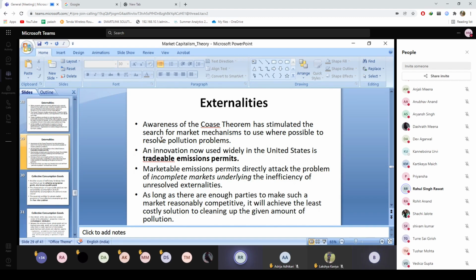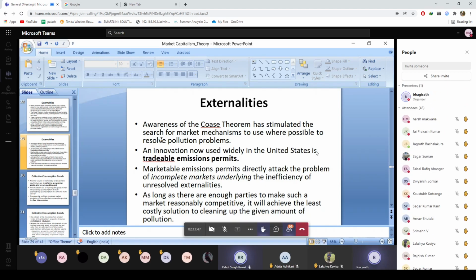Now here the marketable emission permits directly attack the problem of incomplete markets, underlying the inefficiency of unresolved externalities. So as long as there are enough parties to make such a market reasonably competitive, it will achieve the least costly solution to clean up the given amount of pollution. The tradable emission permit concept is very interesting in the sense that the local administration has to define how many units of a particular pollutant they fix in a particular year. Let's say they have fixed 300 units of sulfur dioxide in a year, and that 300 units has to be distributed among all the